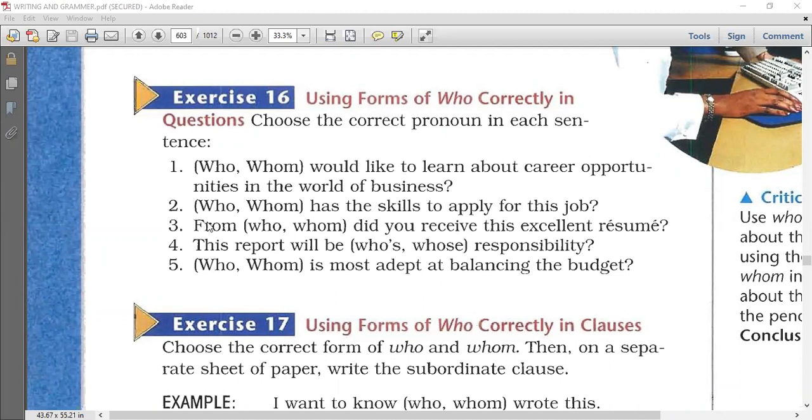Whom, from whom, we have a preposition, so it must be whom. Thank you. Number 4, Mariam al-Naqib. It will be who's the second one. Good. The report will be whose responsibility, the responsibility of whom. Thank you. Number 5, let's pick